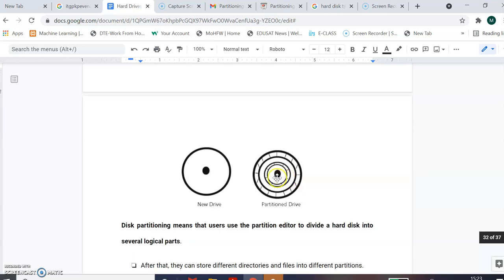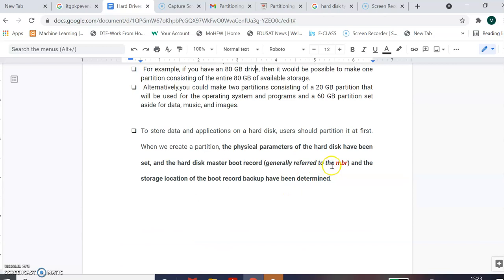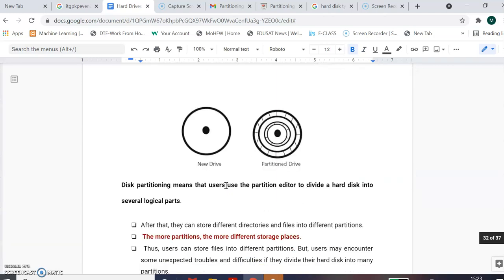Once the physical formatting is done, the first sector, which is the entry point of your hard disk, is allocated for the MBR. Now what is an MBR? MBR is the master boot record. It keeps the information about booting your system. Booting means starting the operating system. Suppose you are using two operating systems, one a Windows OS and the other a Linux OS. The Windows kernel and bootloader information, as well as the Linux boot information, will be stored in the master boot record.